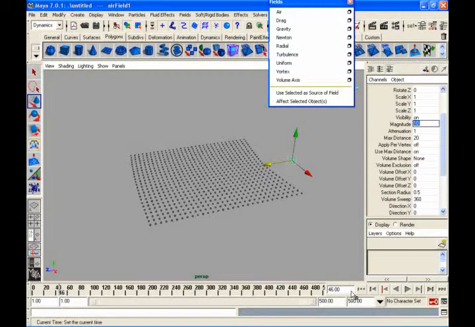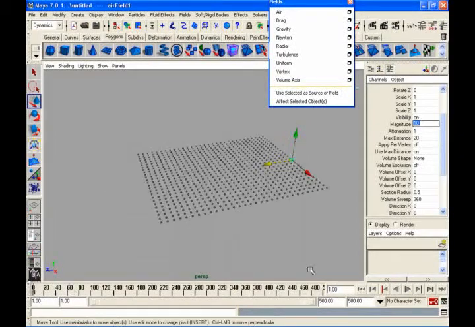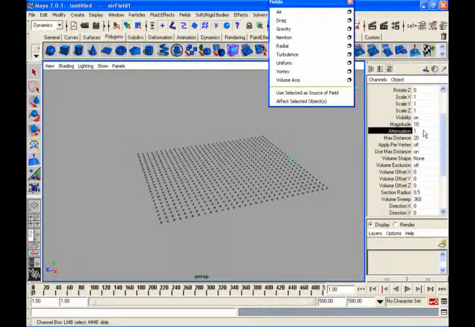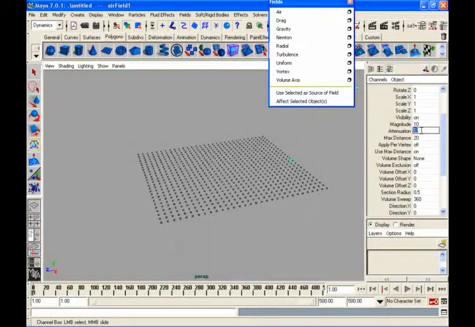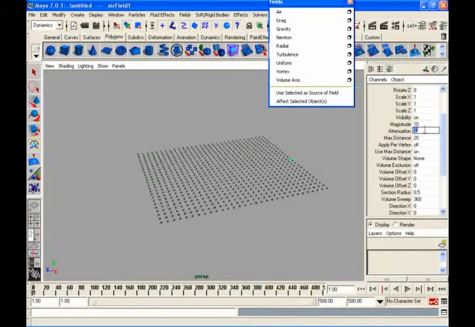If you can see, the nearer particles are more influenced than the farther particles because of this attenuation option. Presently it is at 1, which means it is transferring the energy slowly from one place to another. If it is 0, at a time it will push each and every particle fast. See, all are moving at a time. So that is the difference. Attenuation will transfer your energy slowly over time.